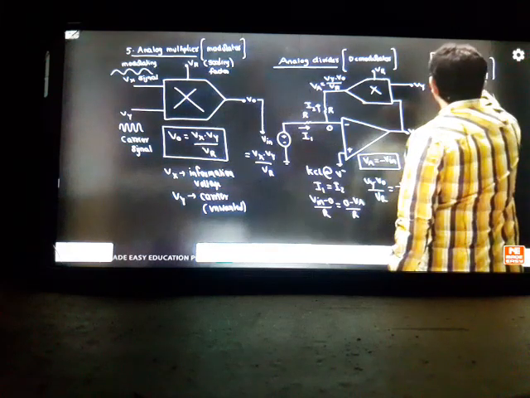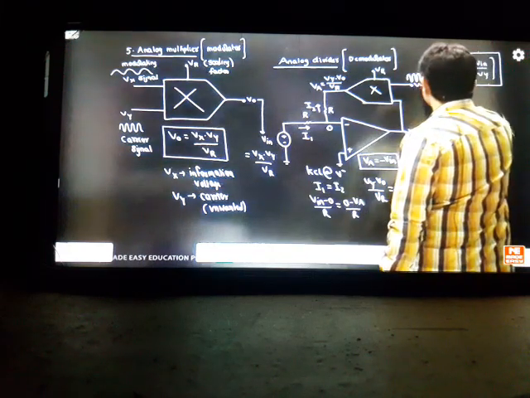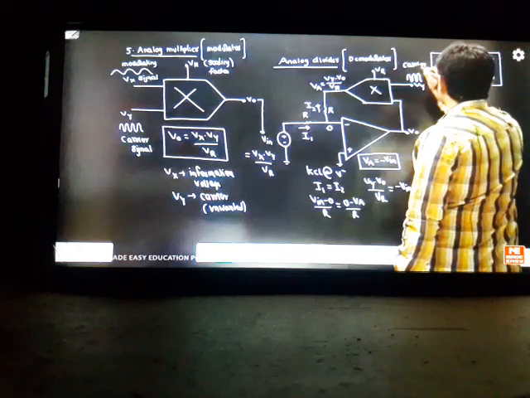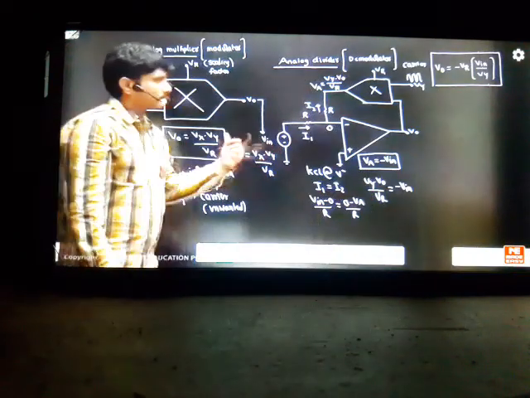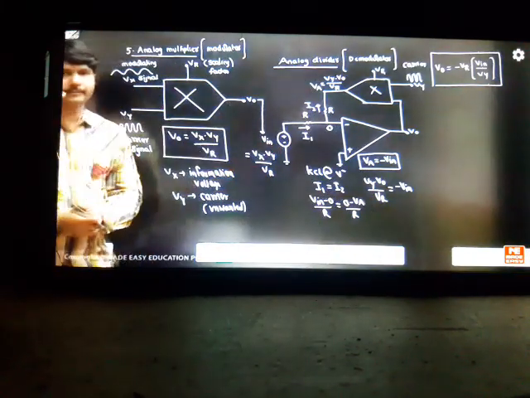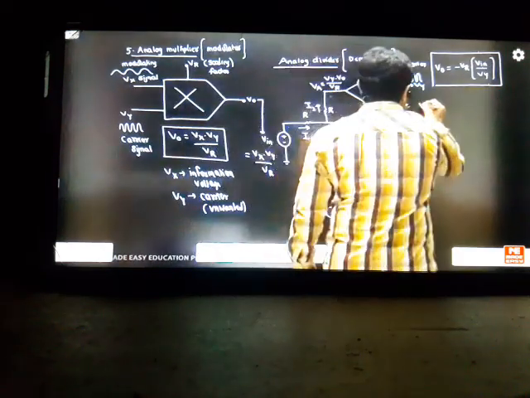What do you mean by divider? This is your carrier signal. Again, you are giving the same carrier. This is the same carrier as at the transmitter. Carrier is dividing your input. Okay? Your input by carrier is coming. That is called divider. So what is the answer that will come with this formula? V0 is equal to minus